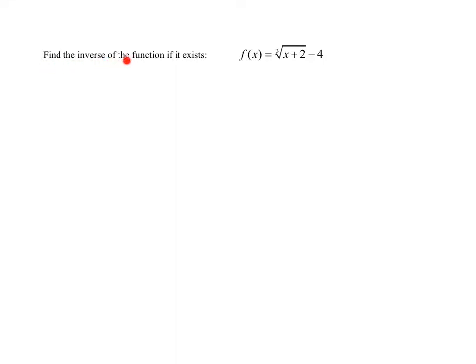In this problem, I need to find the inverse of this function if it exists. Well, the inverse will exist if my original function here is a one-to-one function. The simplest way to figure out if a function is one-to-one is to graph it and see if it passes the horizontal line test. So, looking at this graph here, my parent graph is y equals the cube root of